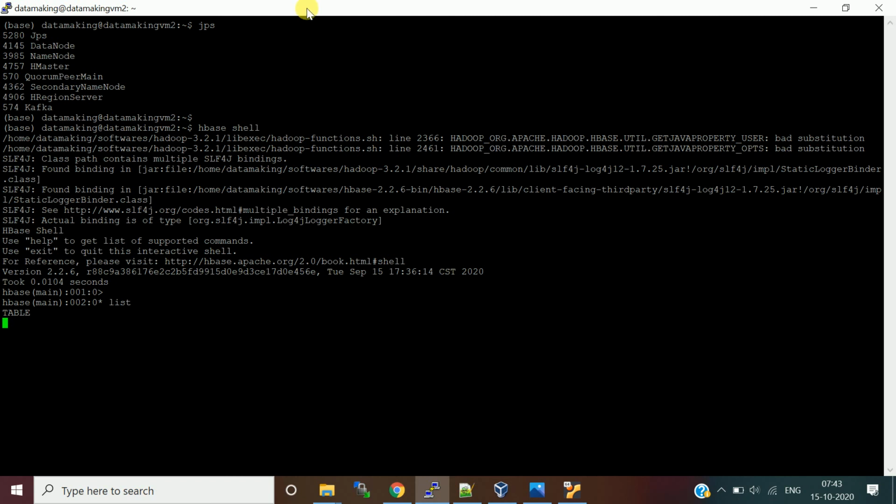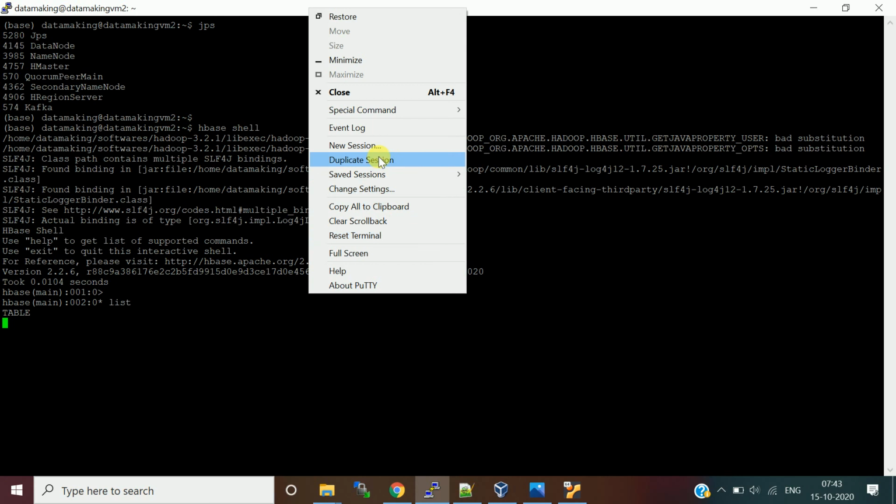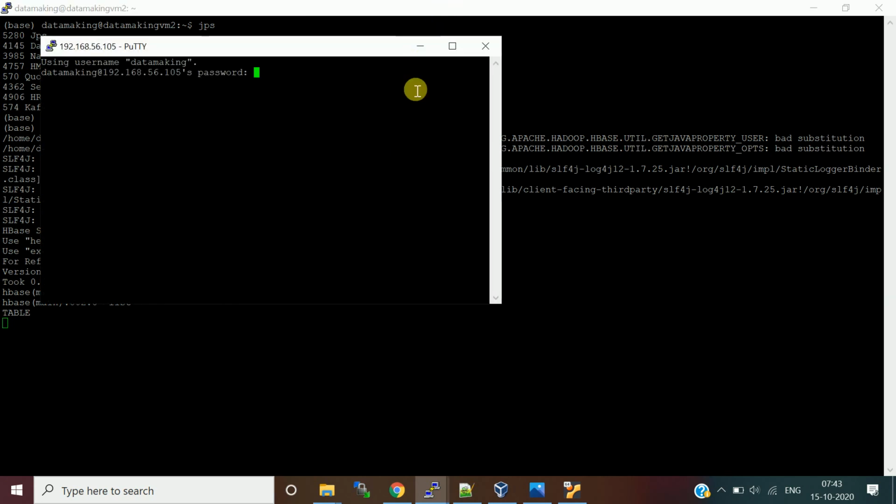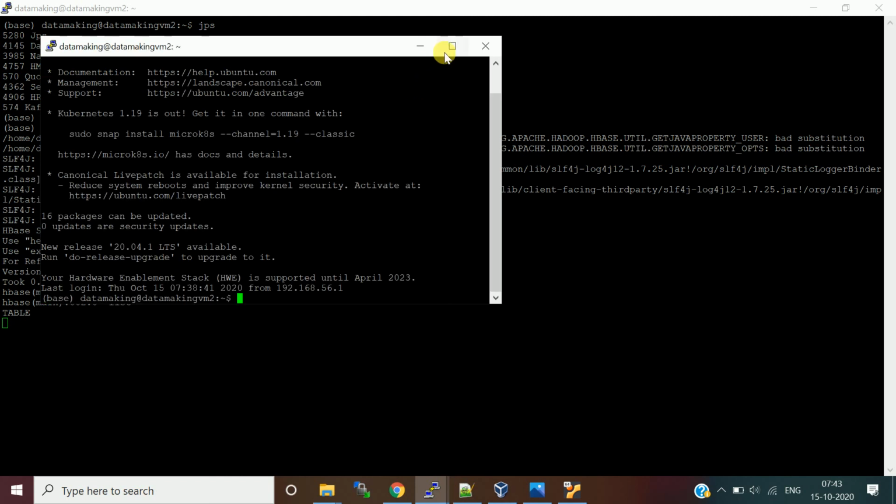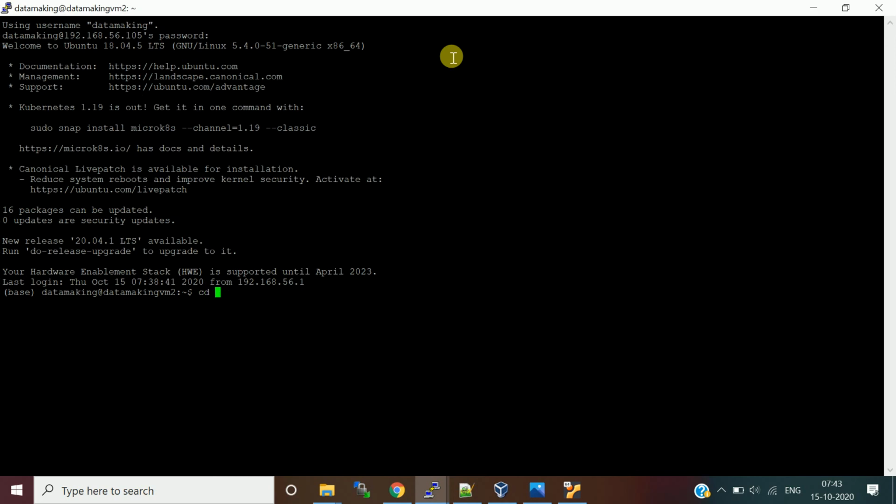Let me check meanwhile what is happening. You can right click on your terminal, duplicate, and open another session of the VM. I'll pass the password. I'll go to the installation location of HBase, which is in the home folder.